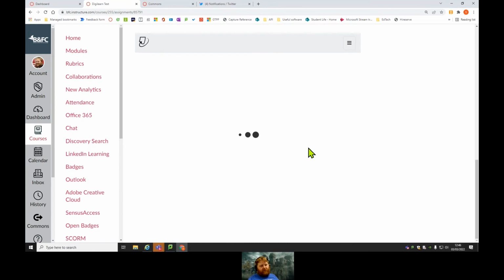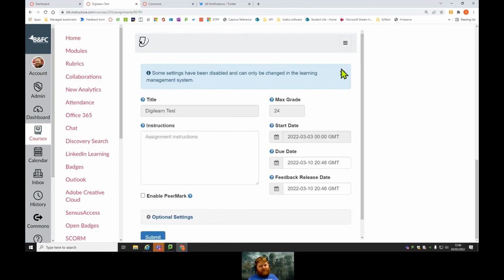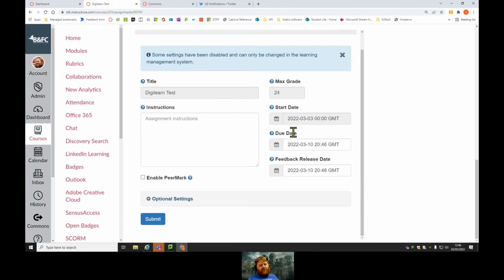what this bit at the bottom looks like here, you get your Turnitin set up on here, and you make sure that you get your due date correct for whenever it is. Well, you want to set it to the latest date that's on there. Now, it's quite clever. It does pick it up quite well, but you can see on our edit in there, I'd set one of these to being the 12th of March, and it's come through as the 10th of March there. So I'm going to set it to the 12th, and I'm going to make sure the time is set to what I wanted it to be set to, which was 23:09